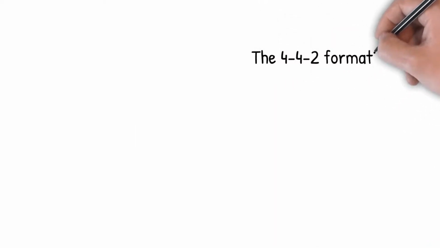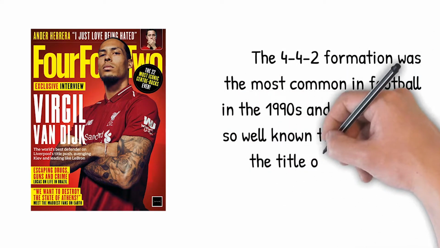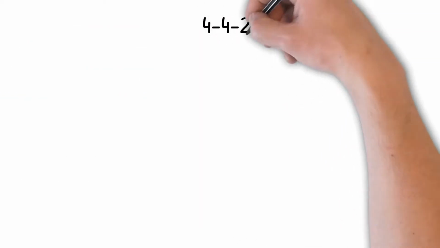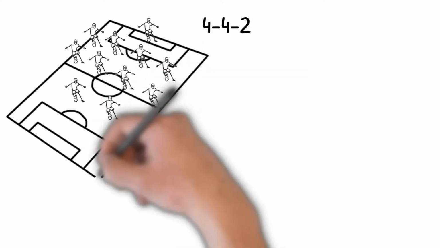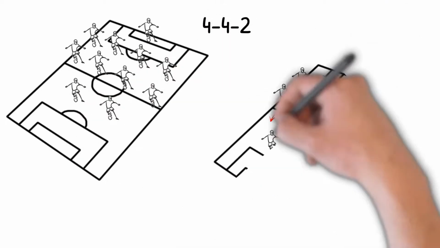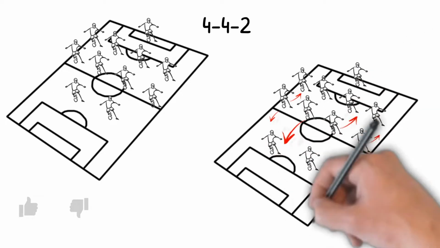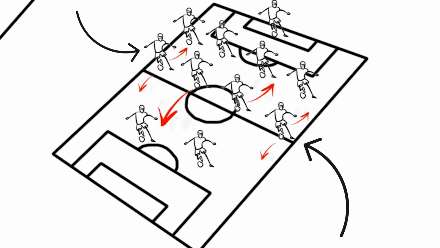The 4-4-2 formation was the most common in football in the 1990s and early 2000s, so well known that it inspired the title of the magazine 4-4-2. In a 4-4-2, the midfielders are required to work hard to support both the defense and the attack. Typically one of the central midfielders is expected to go upfield as often as possible to support the forward pair, while the other will play a holding role, shielding the defense. The two wide midfield players must move up the flanks to the goal line in attacks and yet also protect